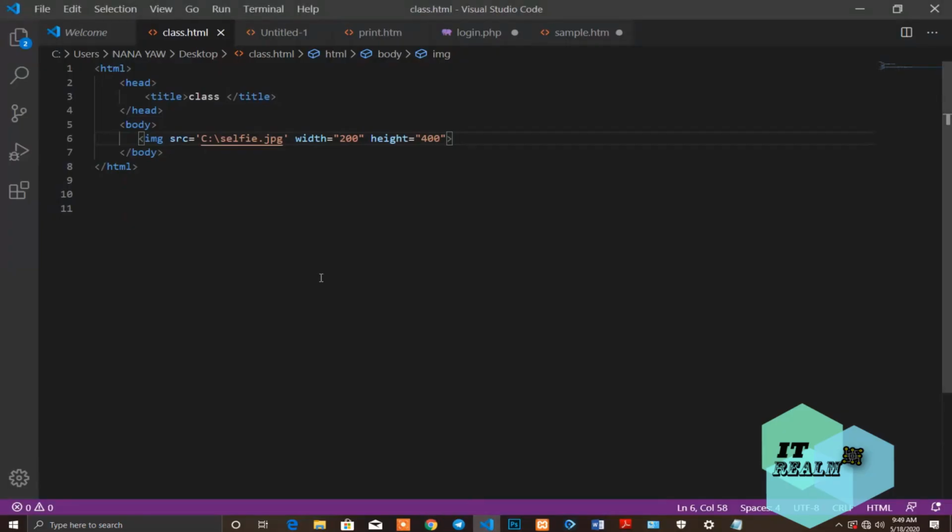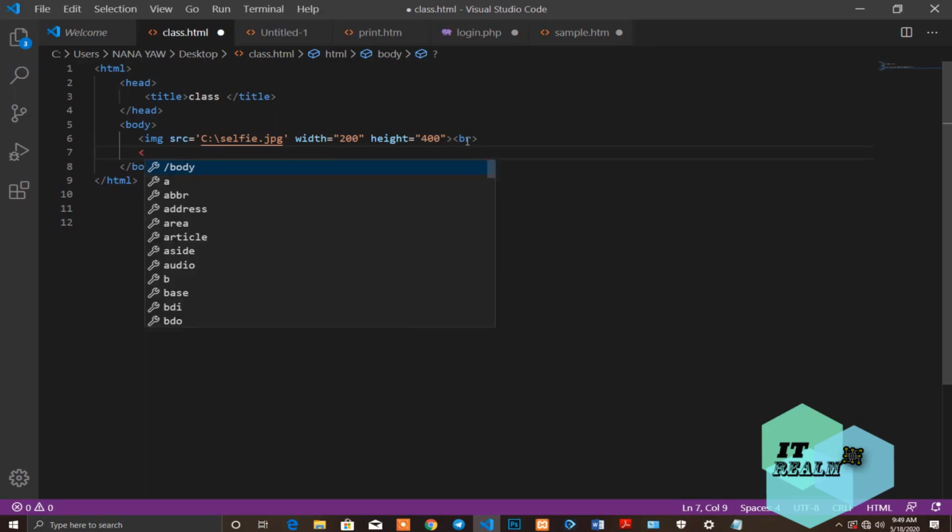Okay, and in case we also want to upload a video to our HTML, let us try another thing. First of all, I'll press my break, if you can remember, then the video. But one thing about the video is a little bit complex because the video has controls that will make the video play, and also has this forward instructions, so on and so forth. So uploading a video is quite tricky and it's quite different from that of the image. So first of all, if one wants to upload a video, this is what one will do. Okay, so video src